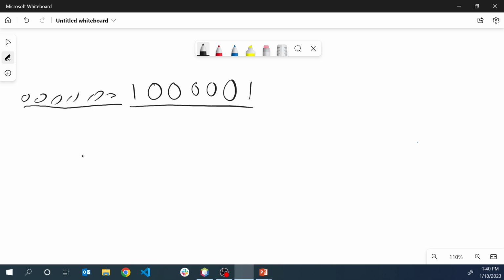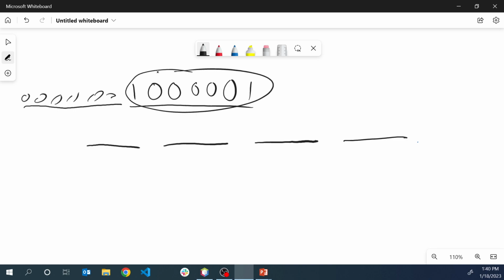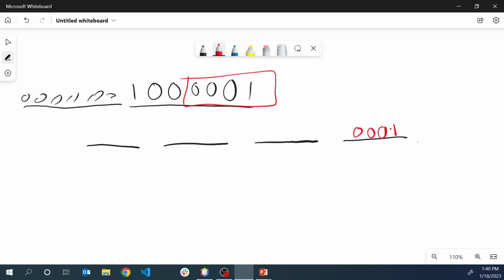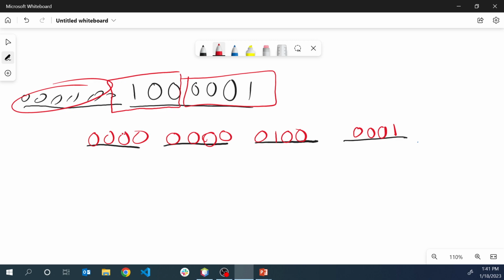So I need to make 16 total bits in groups of 4, where this is the rightmost portion. So let's do that. Here, I'm going to take these 4 bits and put them right here as 0, 0, 0, 1. I'm going to take the next 4 bits, which here is 3, and then the 4th one is a 0. I'm going to put this here, 0, 1, 0, 0, and then all of these are just 0, coming from these, right? So now we have a 16-bit Unicode value, and we can convert each of these to